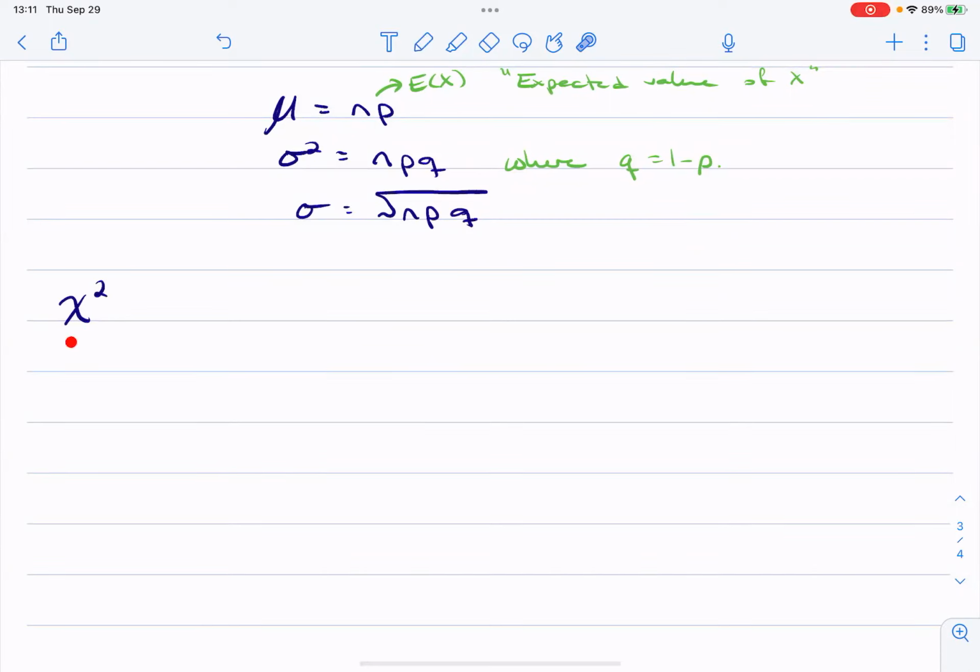So the chi-squared, this is the Greek letter chi, or my attempt at one. It's supposed to be like a fancy X, I think, like this. Or you can just write chi-squared.